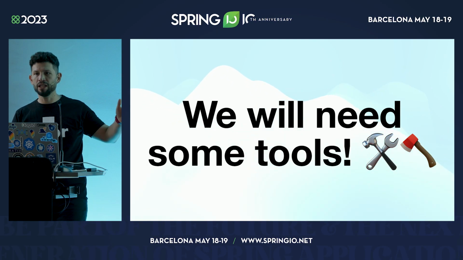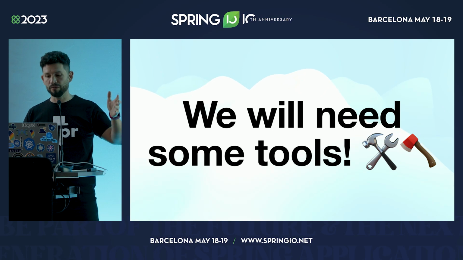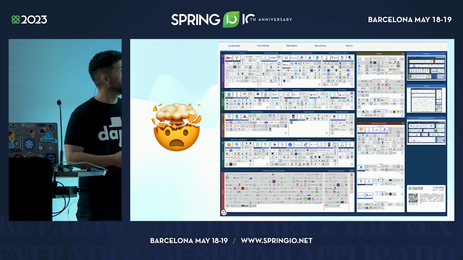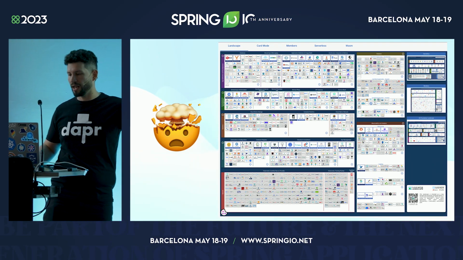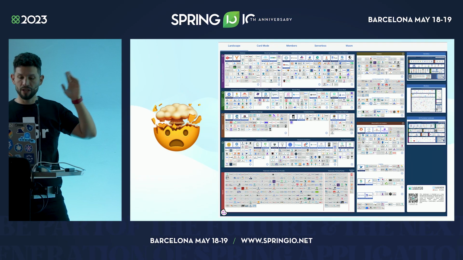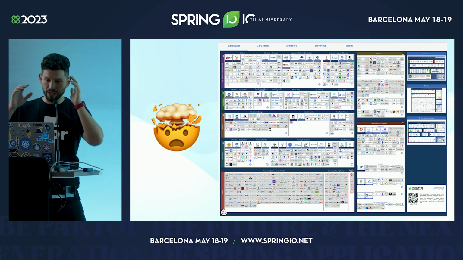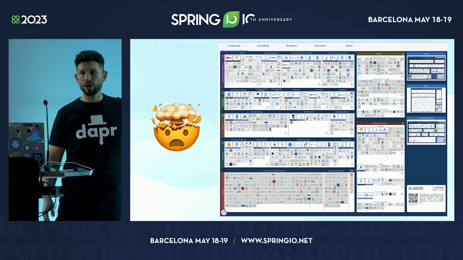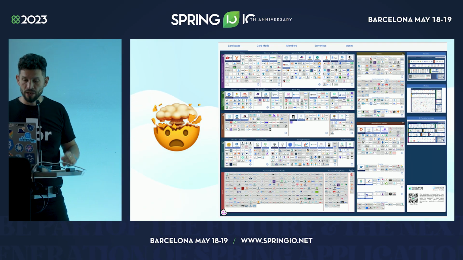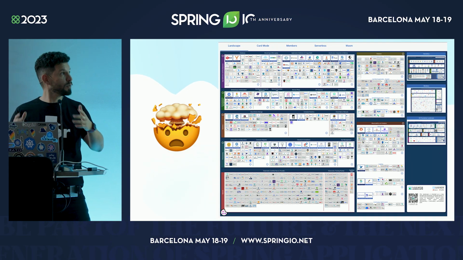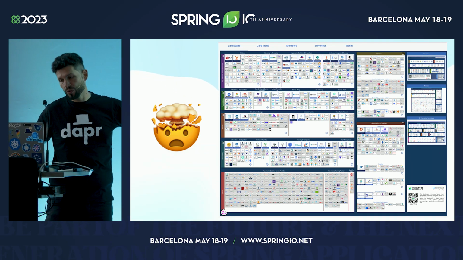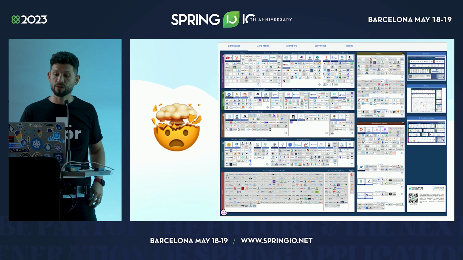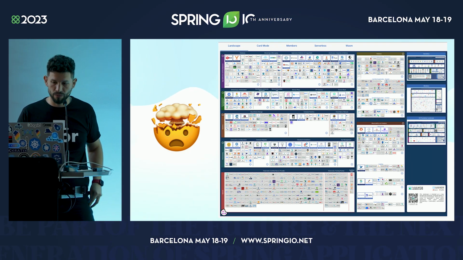If you go to any Cloud Native Computing Foundation conference, you will see this diagram, which is kind of crazy. It's the amount of tools that you have in that space. It's mind-blowing. There are tons of projects. If you're using Kubernetes, you need to understand this diagram in a way, know how to navigate it, and know what to choose to use for your applications. So in a Spring Boot conference, what tools do we need in order to be more efficient? That's something you will need to answer at some point if you are going the Kubernetes route.